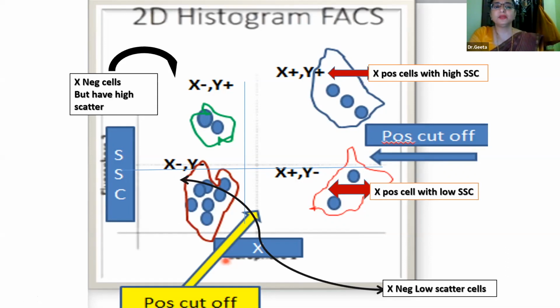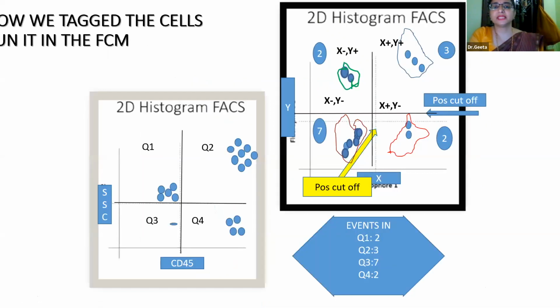So this is the basic principle which we have to remember: the upper left quadrant will have Y antigen positive, whereas the lower right will have the X antigen positive. The upper right will have both positive and the lower left will have both negative antigens. So this is depicting the same. We can actually count the numbers of cells, which are here called events. The number of dots that we get is not equal to the number of cells, because there may be multiple cells behind these cells which we are not able to see in a 2D histogram.